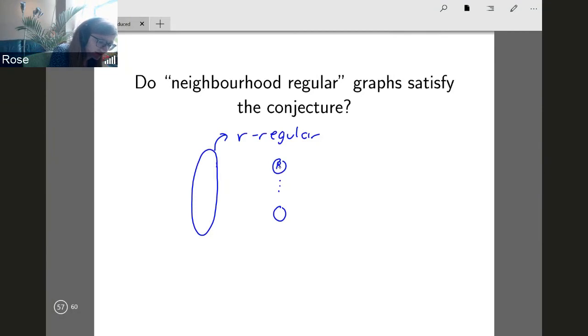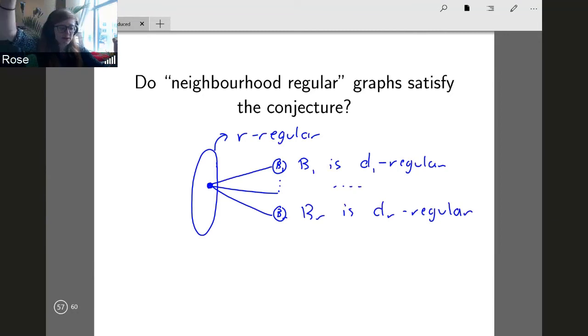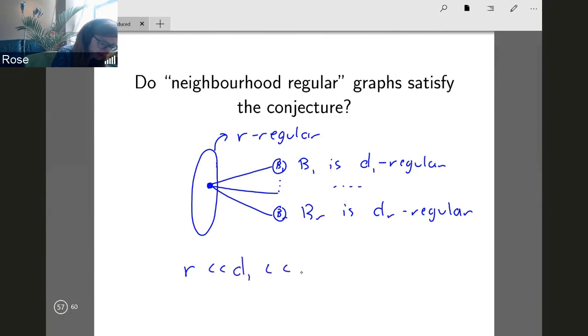And that is that you can partition, again, this side B into R parts, so that each vertex in A has one neighbor in each of the parts, and also so that every vertex in B1 has degree D1, and every vertex in B2 has degree D2, and so on, and every vertex in BR has degree DR. So what I'm saying is not only does every vertex in A have the same degree R, but also all of its neighbors have the same degrees, and it sees one neighbor of degree D1 and one of degree D2 up to DR. And this is hardest when R is a lot smaller than D1, and so on, right? Whenever these degrees are really, really, really different.